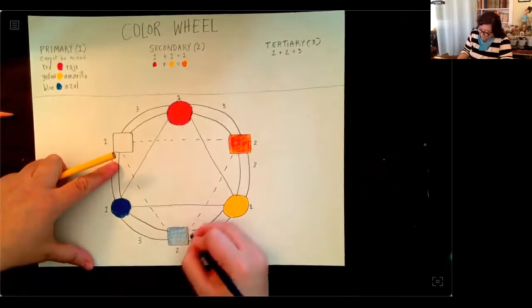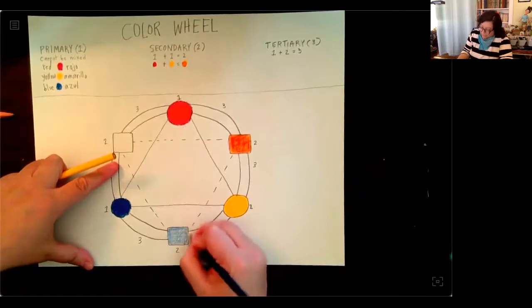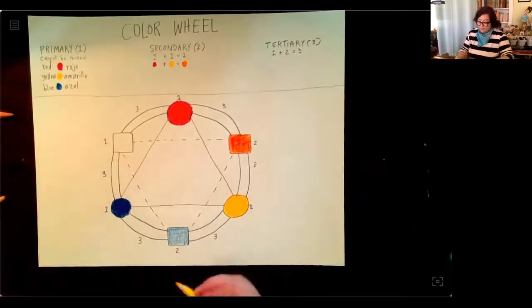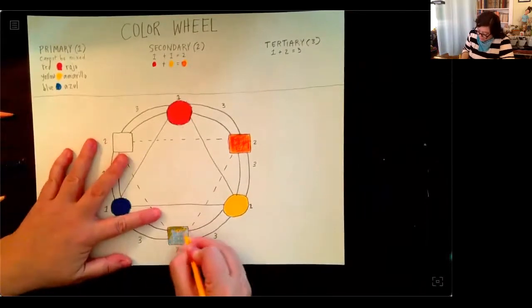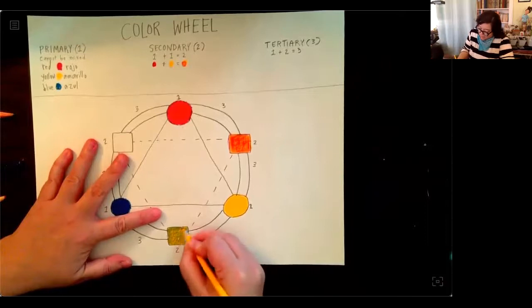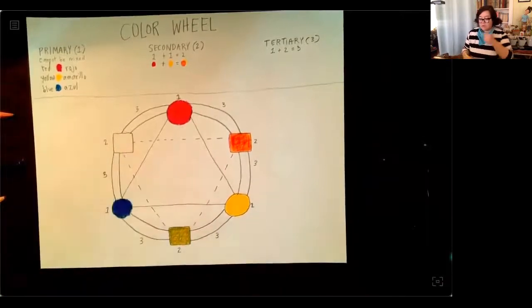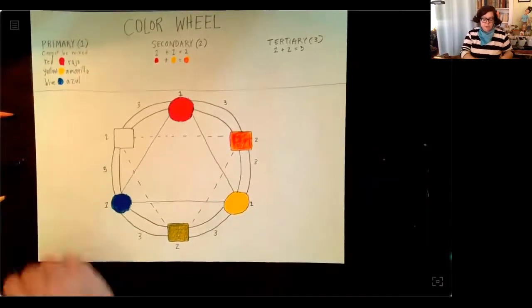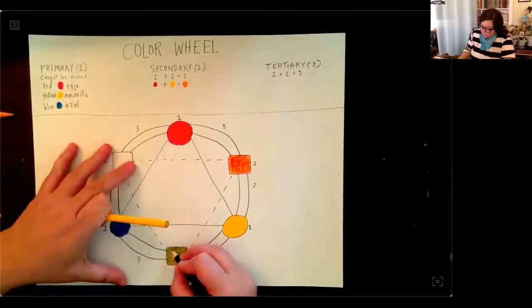Color mixing is a lot easier with paint. You can get nicer colors, but colored pencils are something that a lot of people have around. And what's cool about making your own color wheel is that as long as you have red, yellow, and blue, you can make all the other colors. You don't need a big box of colored pencils or crayons, but you'll probably want a black and maybe a white, but white doesn't mix in very well with